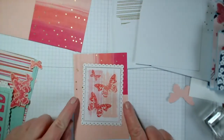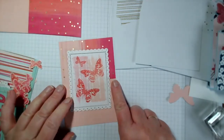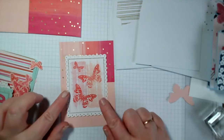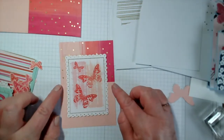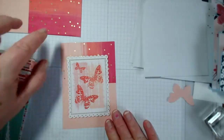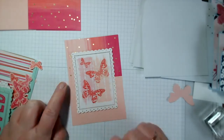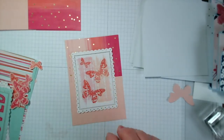Now obviously here I've got this crease, so I'm just going to put some ribbon around there, I think, to cover that. I don't think you'd need to cover it, to be honest, because your eye's not necessarily drawn to it, but I know you as crafters will know there's a crease in there. So I'm just going to wrap a little bit of ribbon round